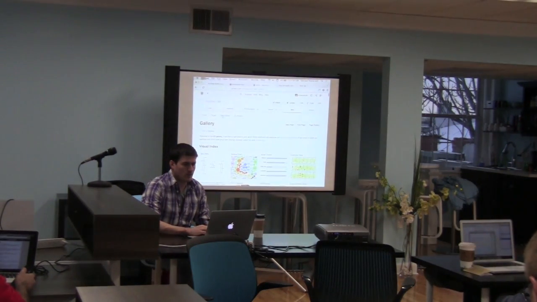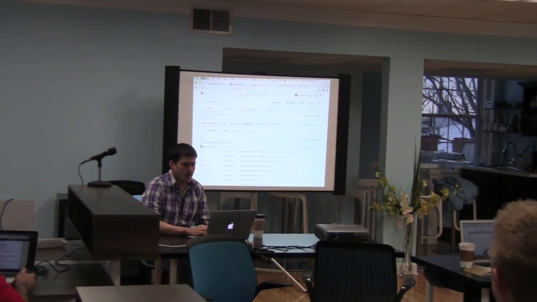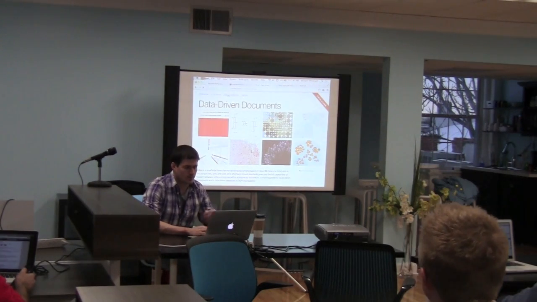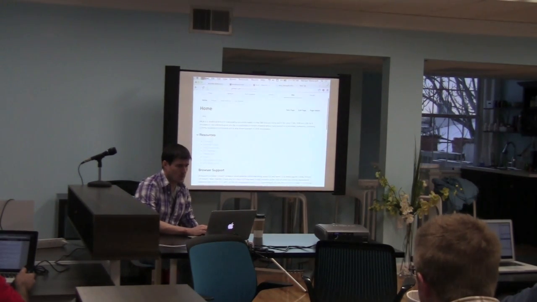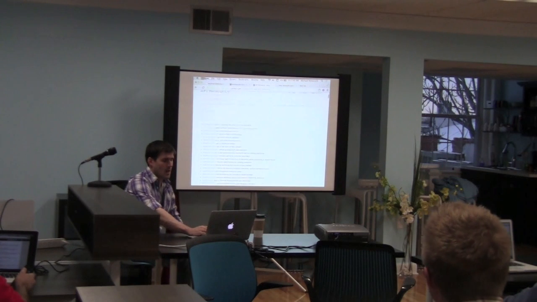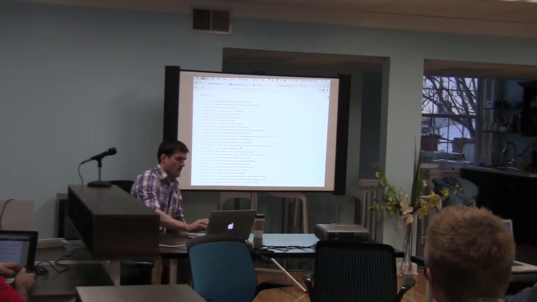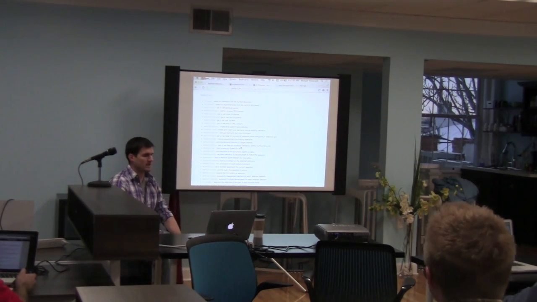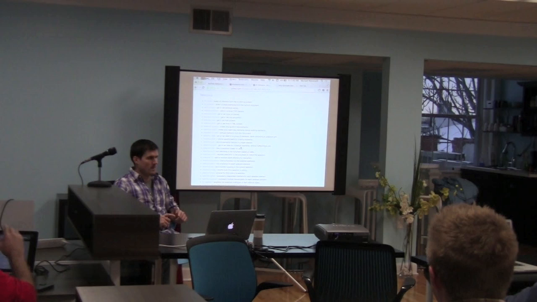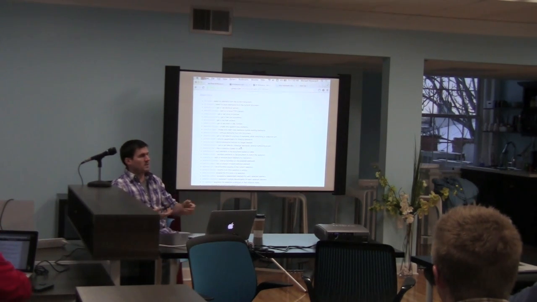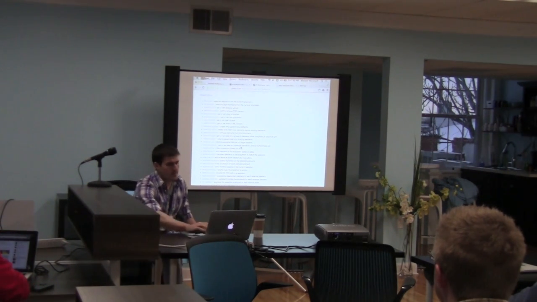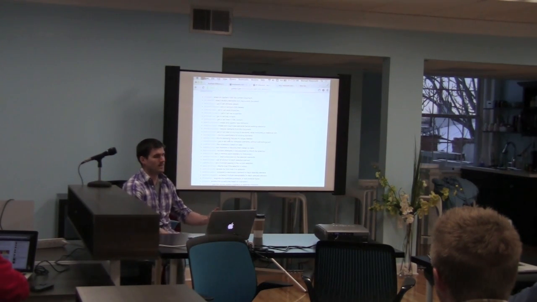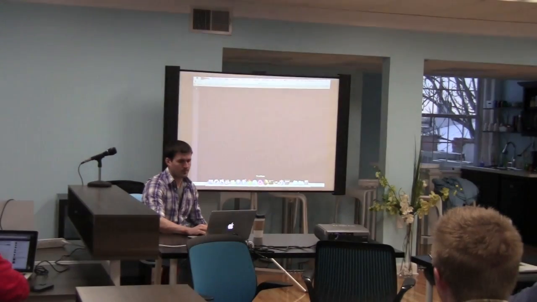D3 is broken up into a few core pieces of API, several components that make it very useful. The first one is the selections API. At first glance, selections appear to be very much like jQuery selectors in that you select elements and you act on them. The difference with D3 is that it lets you select elements and then bind data to them. So looking at this code example,